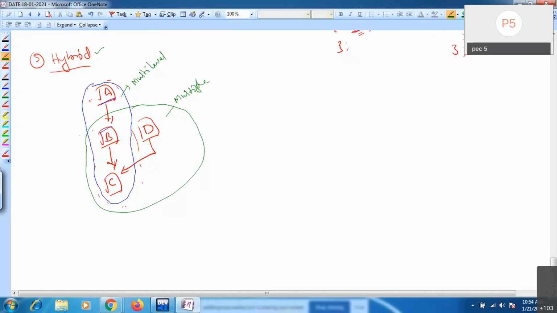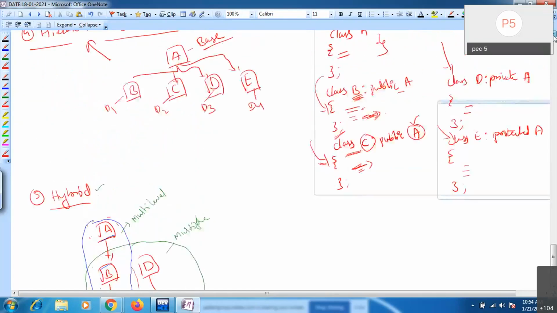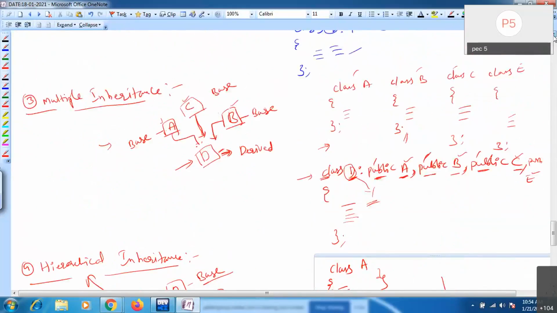Here I'm combining multi-level with multiple. If you see these blue lines, this is multi-level. If you see this green one, this is multiple, means you are deriving one class from multiple base classes. If you see here, this is multiple, right?